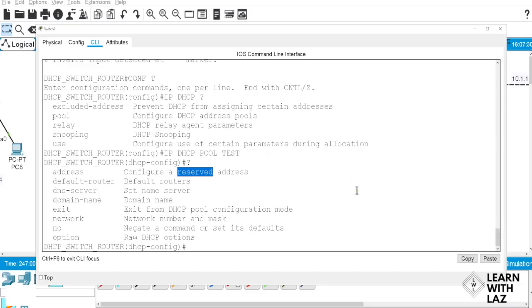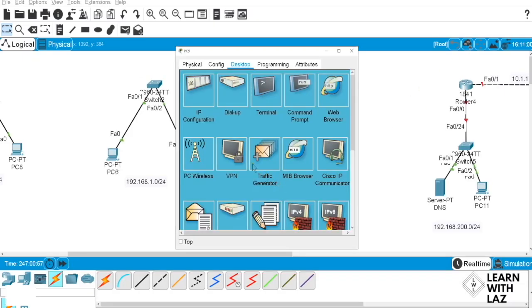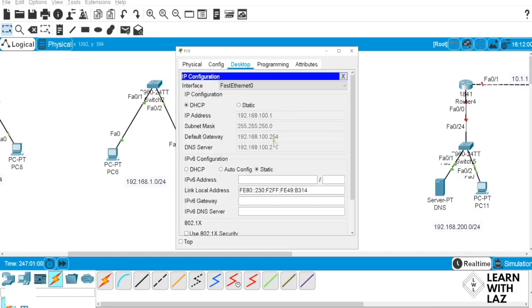Here, it got assigned that IP address automatically out of the range, but the computers were getting wrong information because the computers were actually getting a 254. They would have never reached the gateway. So let's go here. Let's release, renew. That's the same thing as ipconfig. See, now it's got a 4, right? Now it's got a 4.